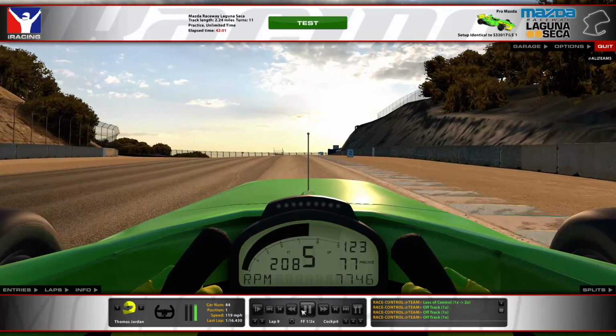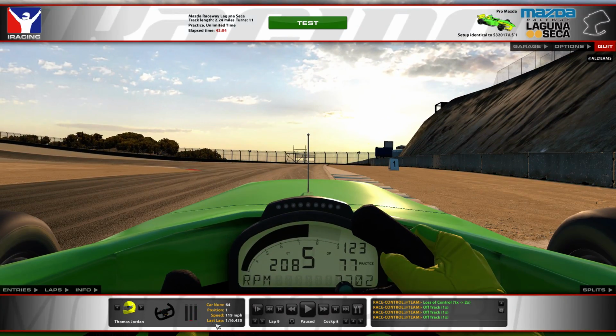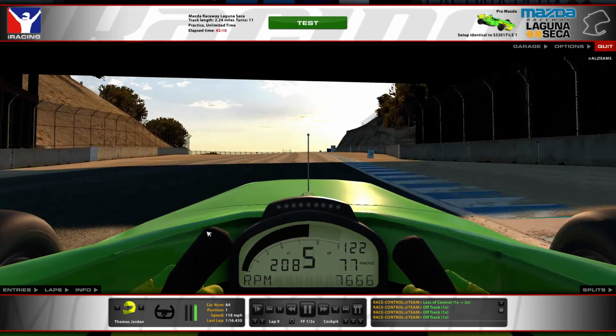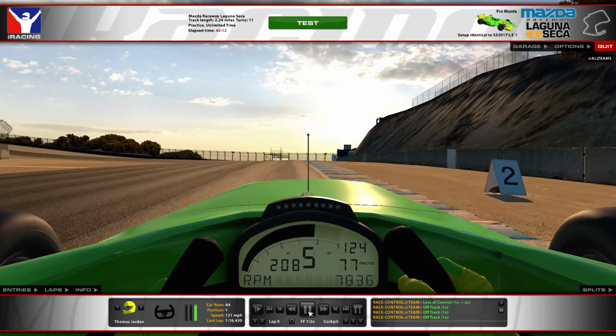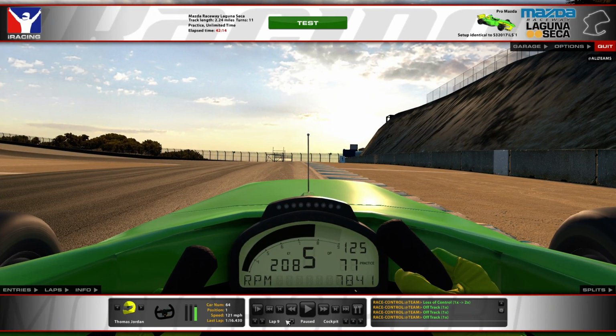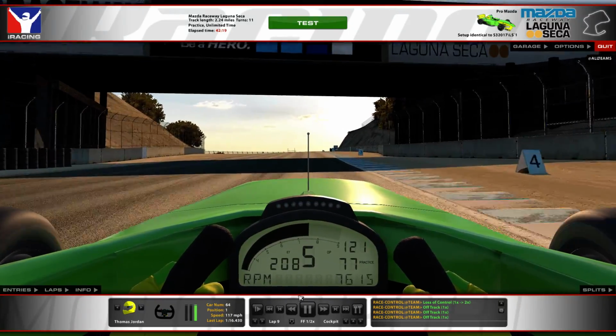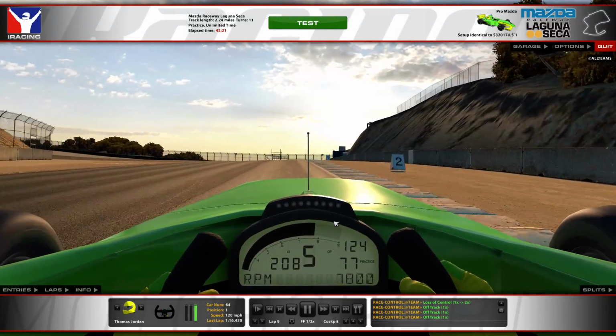I was going to say I don't think I'm braking, but I might be giving the brake just the absolute slightest amount of pressure. I think that's more a safety brake than anything, but you're mostly just lifting off through here. And if you want to bring the weight forward with the slight brake input, you're welcome to do it, but you certainly don't want to be braking too much through here. So you're just lifting off